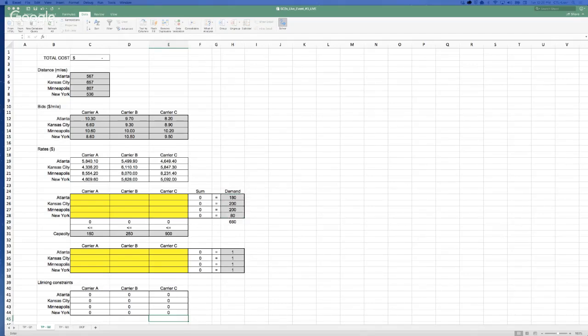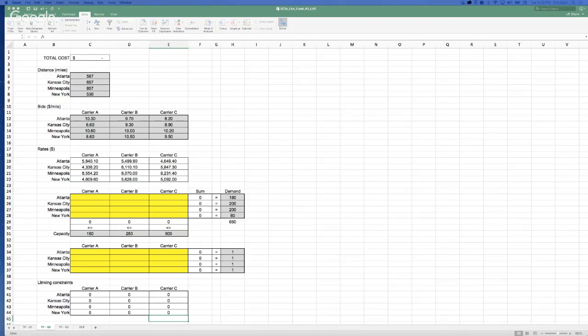Then I'm going to be adding the capacity constraints, again selecting this row, and that should be less than or equal to the capacity of the carriers, the number of trucks available.